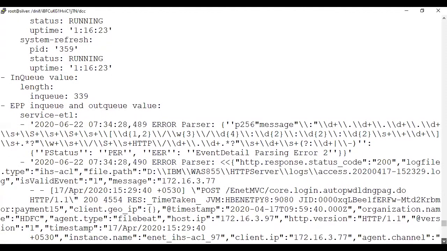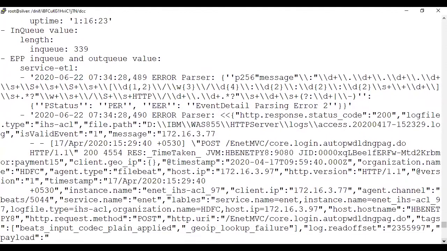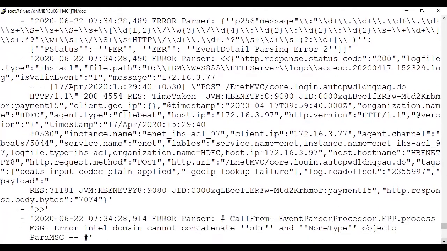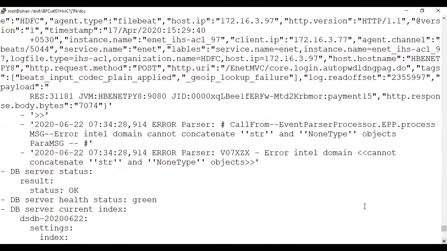At the same time, if there is any ETL, this is the ETL message, coming from different locations with timestamps, and it gives you total information that the in queue value is this and the out queue value is this. Now here I need to see that EPP has gone high, so this will be required to look at. You can see why this EPP count is there.